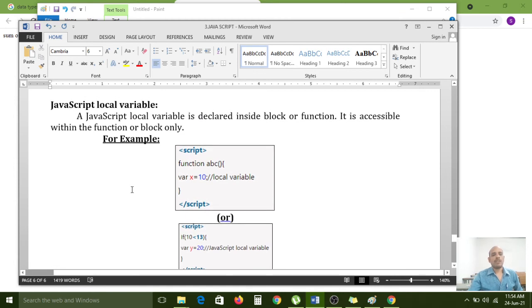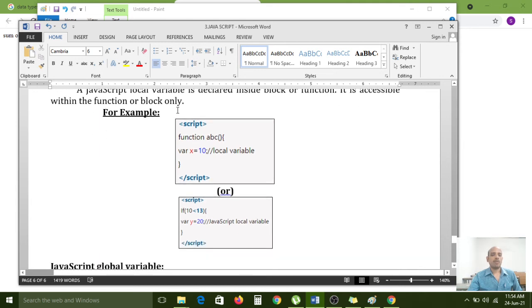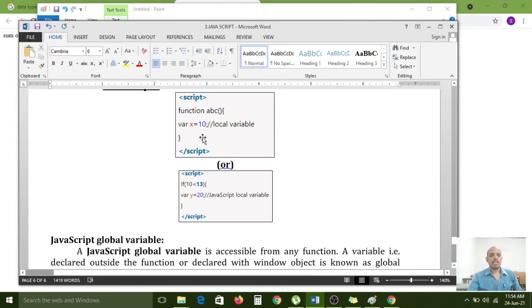Now first we have to see the difference between local variable and global variable. A JavaScript local variable is declared inside a block or function. It is accessible within that function or block only.